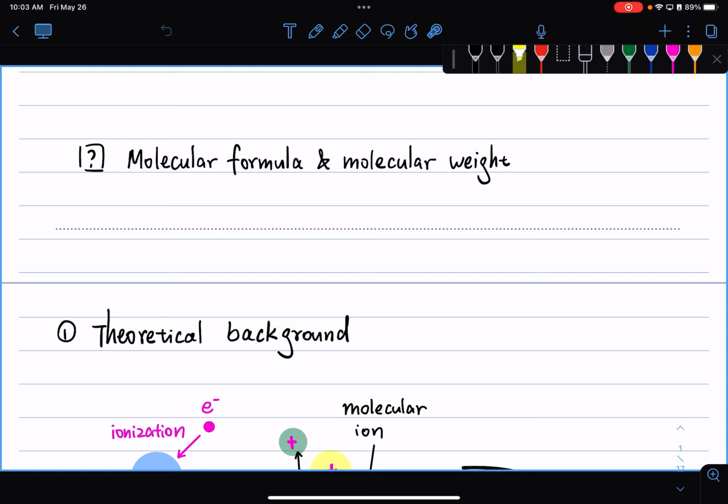So again, the structure is the same. We'll go over first the theoretical background and also how your spectrometer is set up. And then we'll look at an example mass spectrum together and try to find out what information you can get by looking at that mass spectrum. And then we'll do some practice problems together and see how mass spectrometry helps us understand the molecular structure of an unknown organic molecule. So,